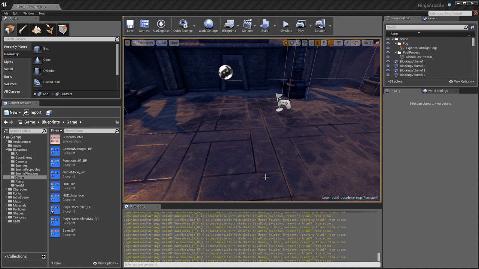Okay, so I'm just going to show the problem I have with the mouse input, and switching between keyboard and mouse and being able to switch on and off the mouse cursor. So in my player controller,